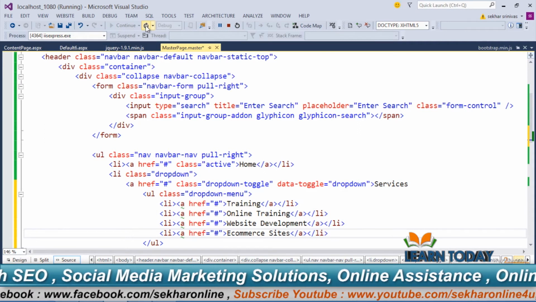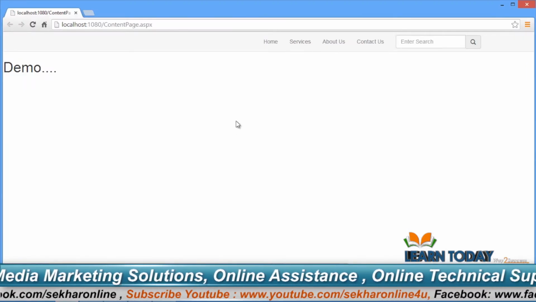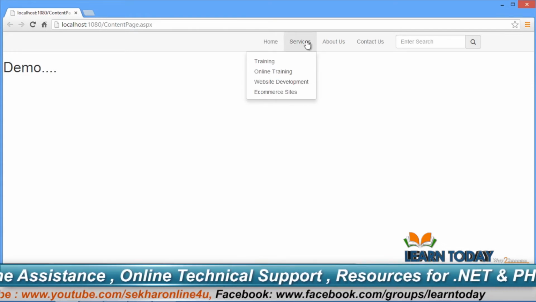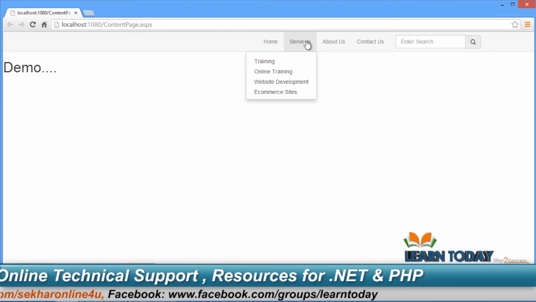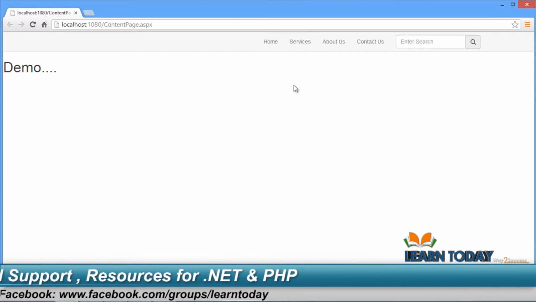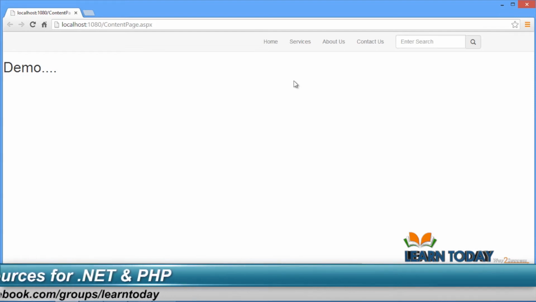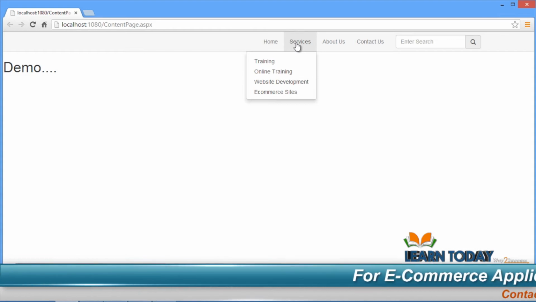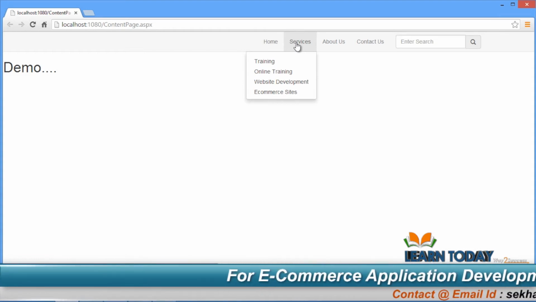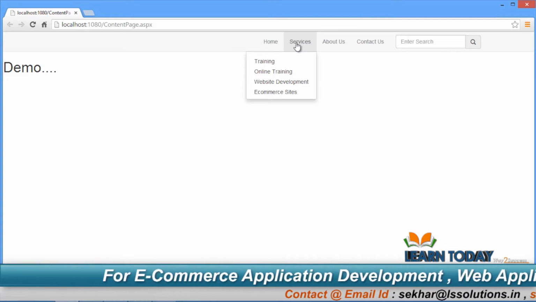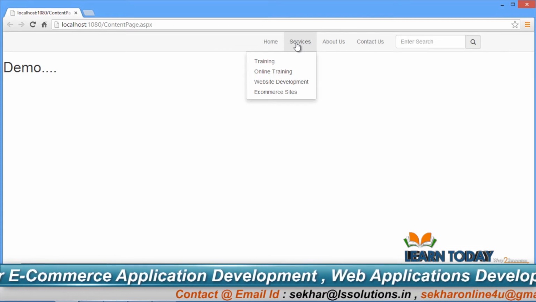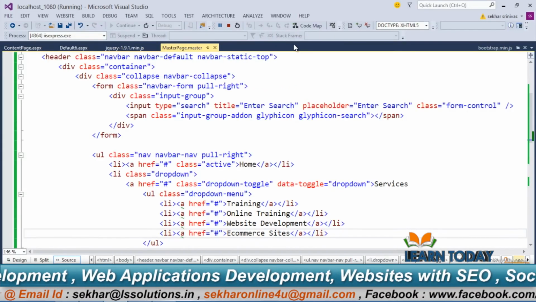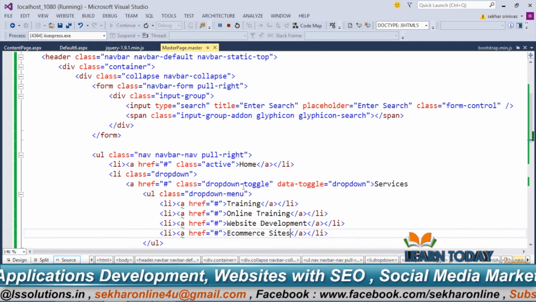Now let me refresh it once again. I can see that when the user clicks on this, now I am able to get a drop down. But until or unless I click on it, I cannot understand that this is a drop down. Since I created it, I know that when I click on it, you're going to get a drop down. So I just wanted to inform the user with a visual representation that the services is going to have some drop down. In order to do that, what I try to do is, for this particular services,